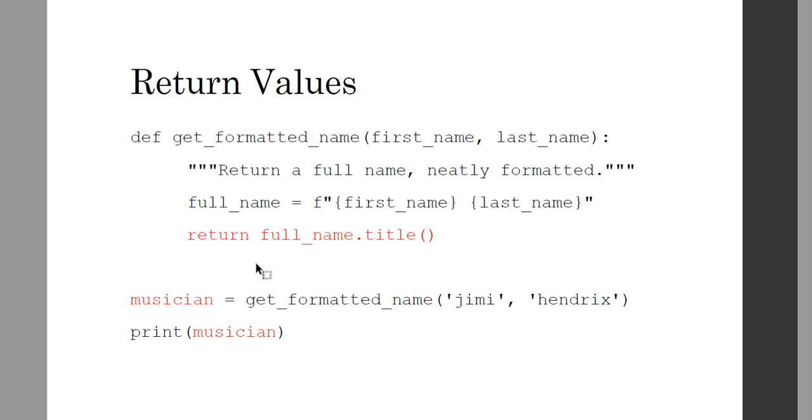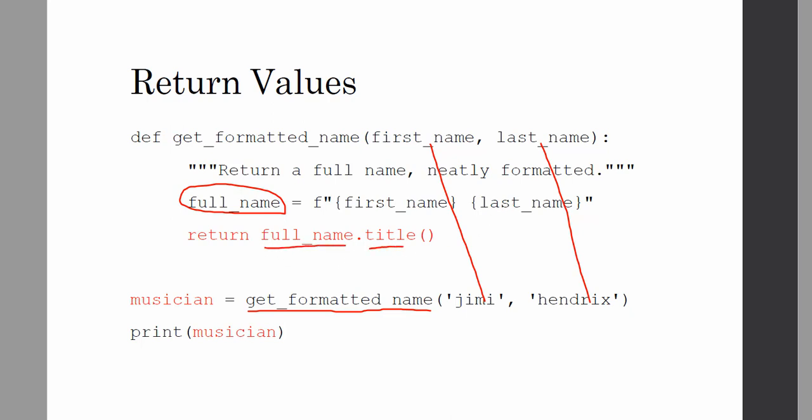So we simply add a return keyword within the function body itself, and then whatever information is returned will come back right down to the call. This is our function call here, get_formatted_name. It's sending along Jimmy to first name, Hendricks to last name, and creates this concatenated variable called full_name. full_name is first name with a space and then last name. And then full_name is returned in title case. This return statement comes right back down to the call itself, and that information is going to be stored in